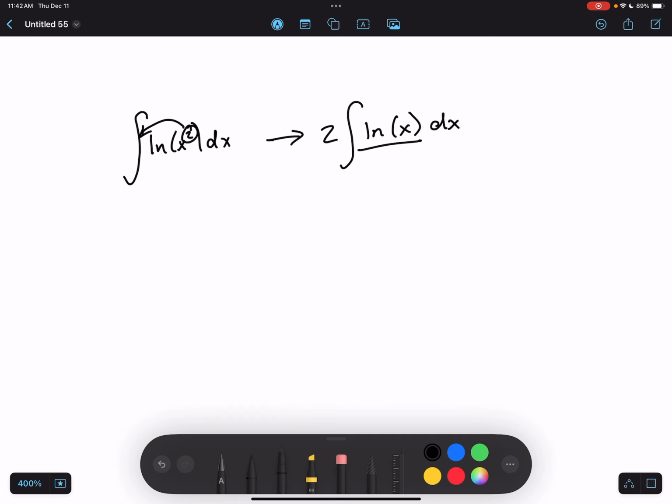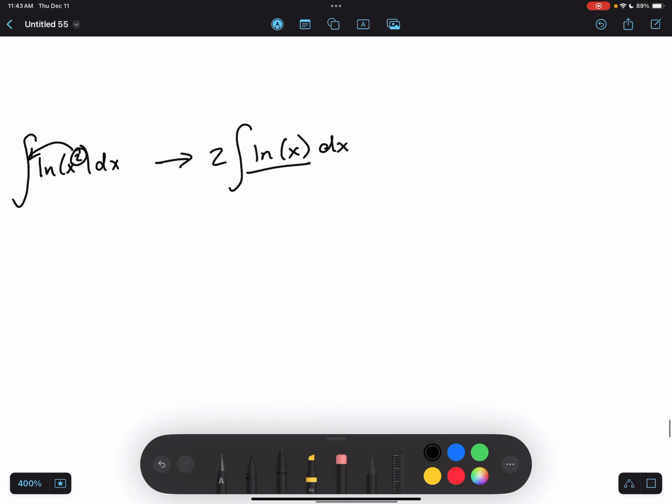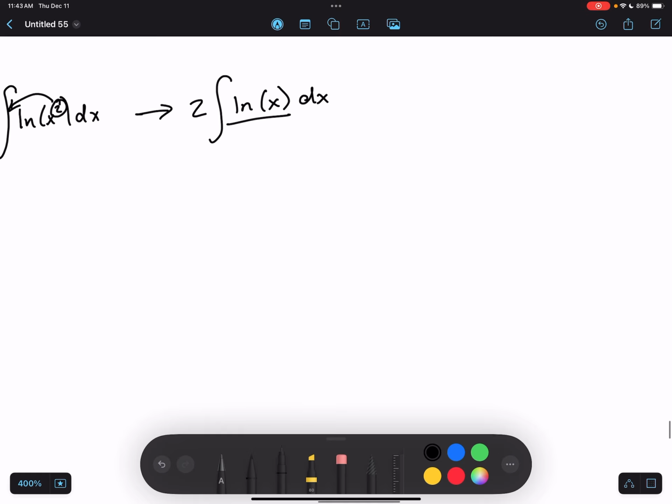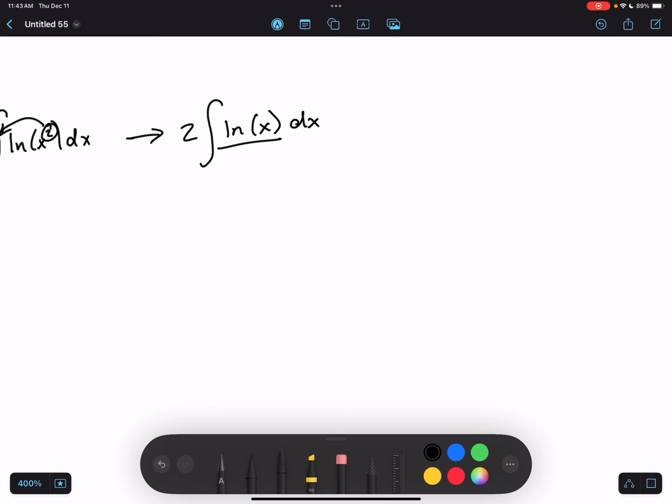And now the natural log integral is a fairly straightforward integration by parts integration that many professors actually have students memorize the result to. But if you haven't had the chance to memorize it just yet, I'll go through the entire integration now. To notice that this is integration by parts, you have to recognize that this is 1 times